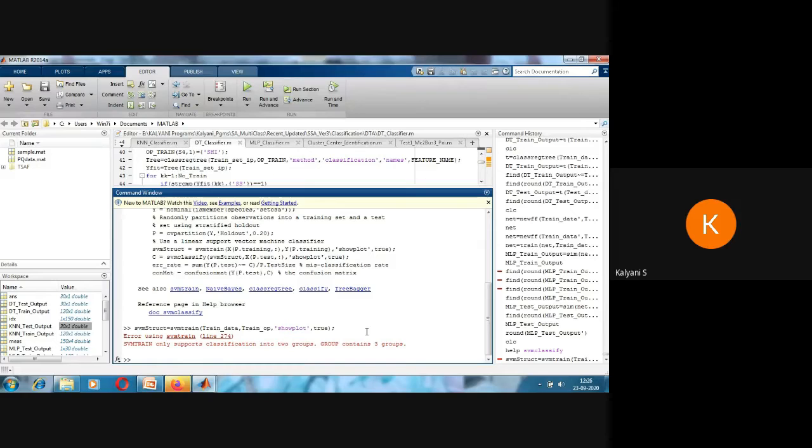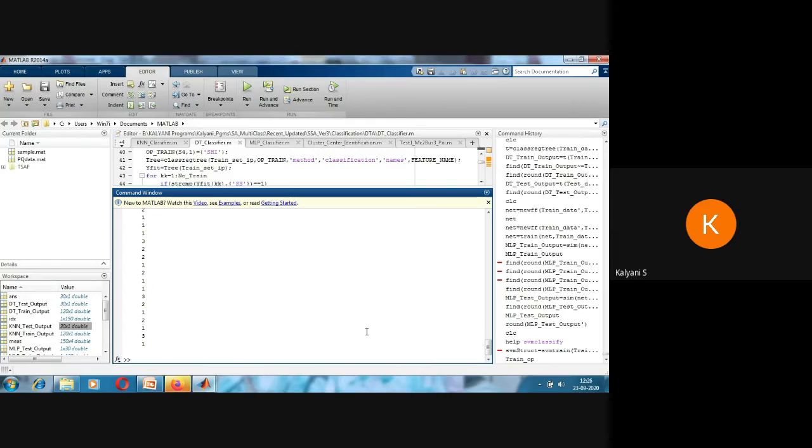So we will do one thing. We will convert all that third class to some other class. I will do some juggling here.